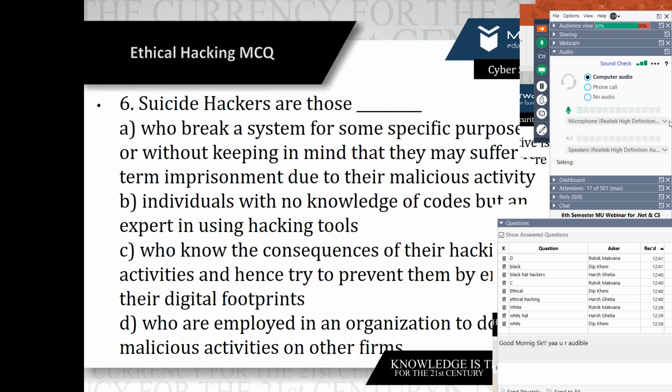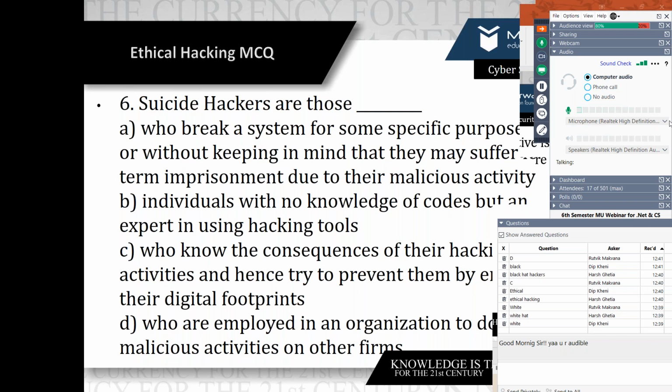Because suicide hackers break into any network or system with or without knowledge of the consequences of cyber crime and its penalty. They intentionally commit a crime and get caught, to bring their name into headlines for publicity. So the answer is A.